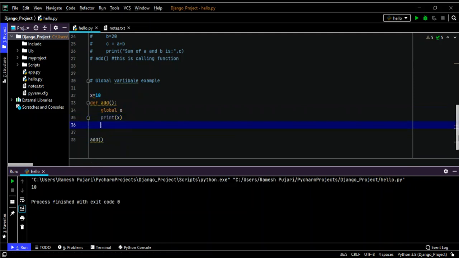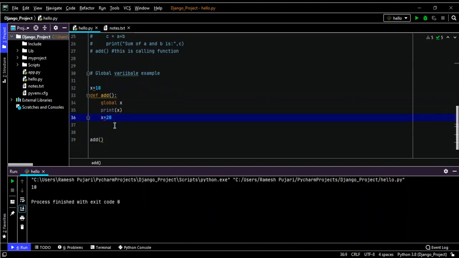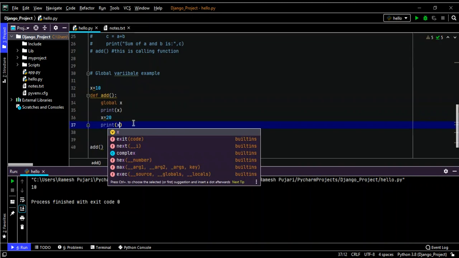Now I'm going to modify this global variable x value. So I will define x is equal to 20. Here x is equal to 10 as the global variable, and I am modifying it to 20. Now I am printing the values here: print x.